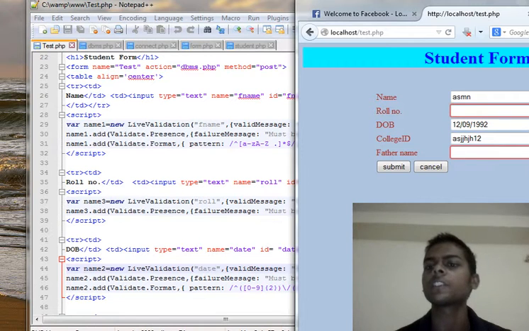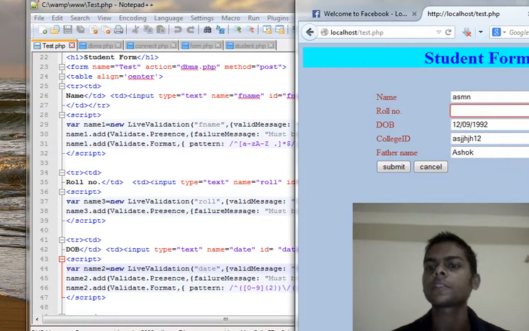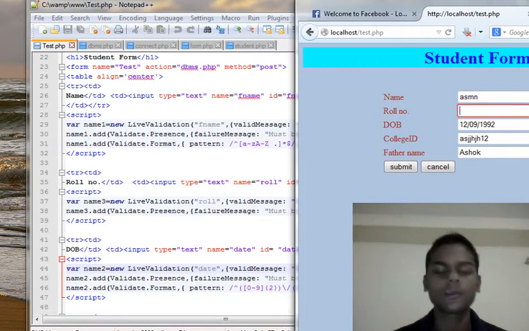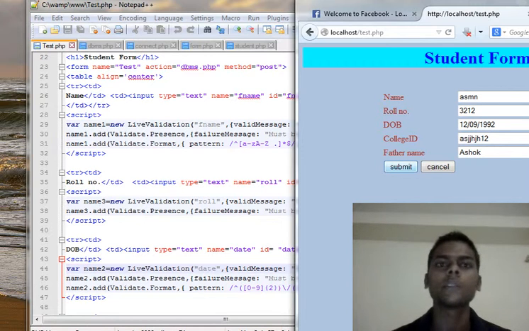If you leave it unfilled, it will show must be filled. Yes, I have filled this. I am clicking on submit now, but one field is left behind. I am going to fill this one also. This one is the roll number. Okay, I am going to click on submit now.